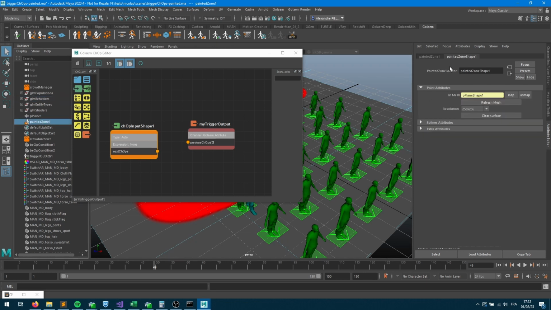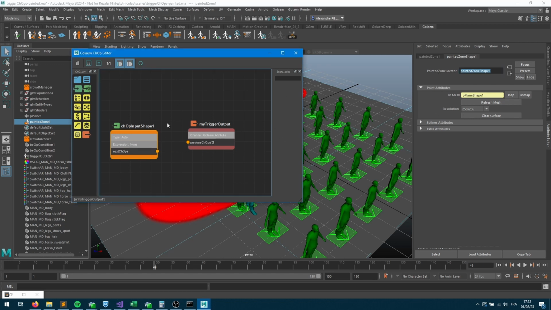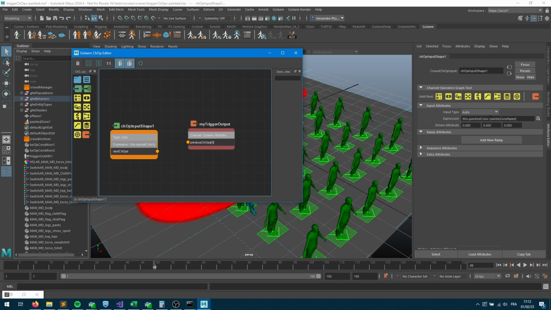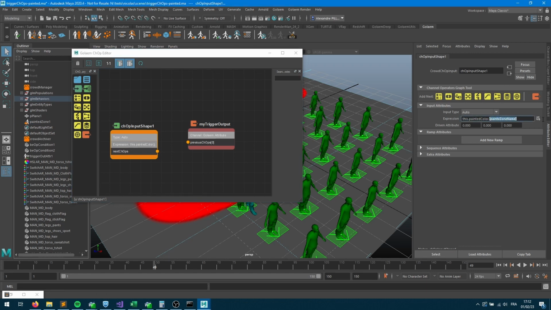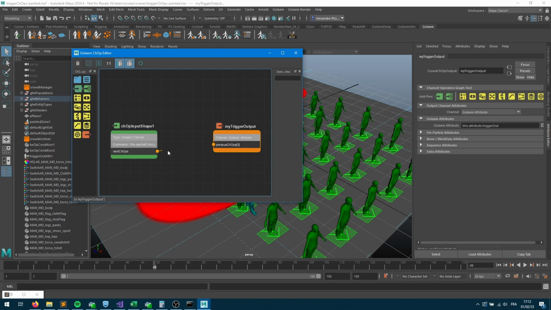So we're going to copy the name of the actual painted zone locator that we have in the scene, in which we've painted what we need. And I'm going to paste it on top of my bracket stuff. I can specify it's a channel if I want to. Keeping the auto mode should work. And if I connect this directly to my output,